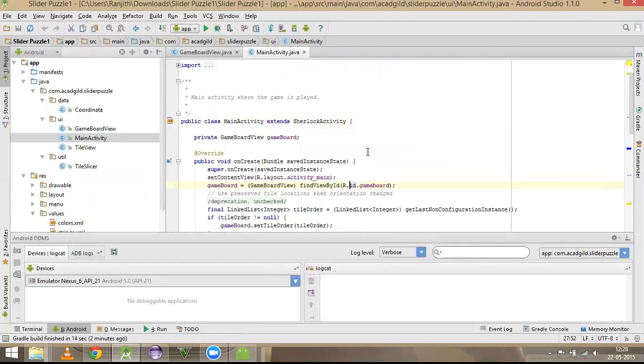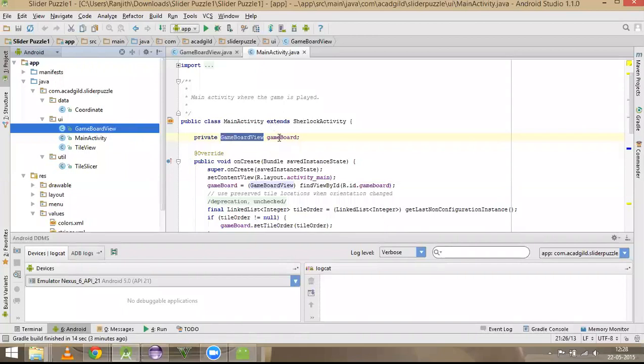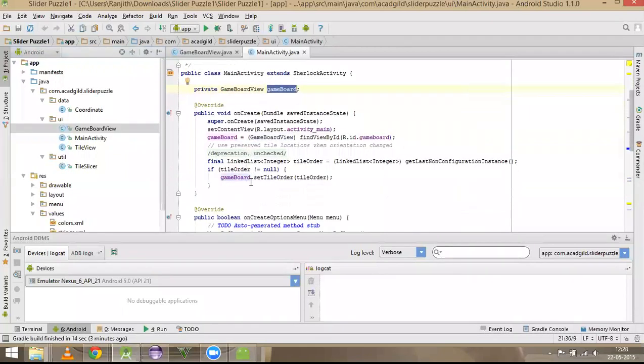Yes, sir. So in main activity, I've created an object of type GameBoardView. What is GameBoardView? GameBoardView is a class which is present here. Do you agree? Yes, sir. So I've created an object of type GameBoardView, and I've told